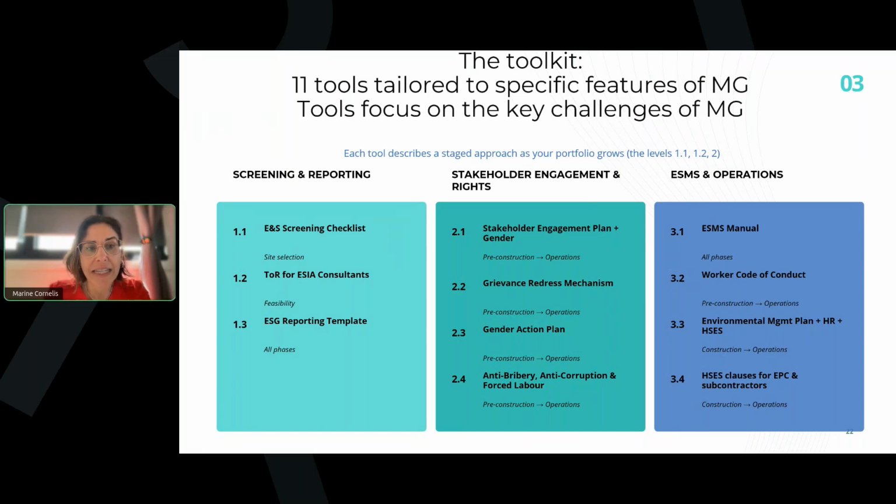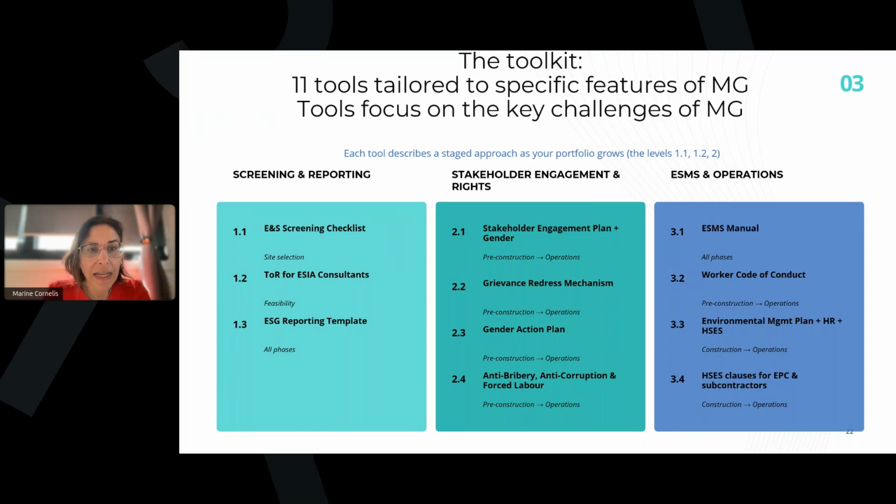As we said, stakeholder engagement is extremely important. It's one of the reasons of the success or not of a project. And then you move on to, let's say, the operations. So something a little bit more practical that is kind of anchored into the growth of the